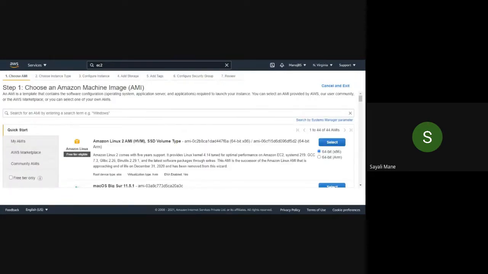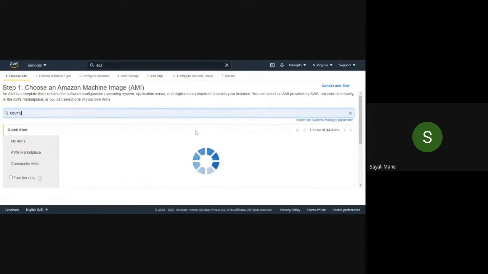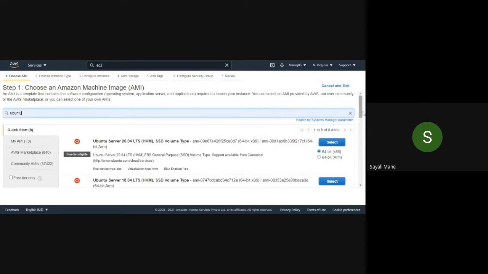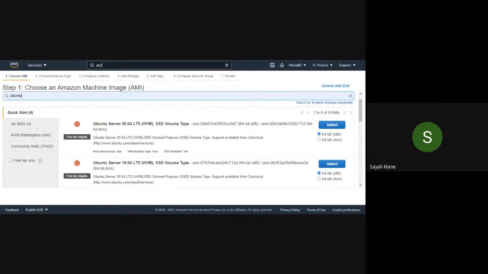Now here in the search box, because we want to install Kubernetes on Ubuntu, we will type Ubuntu and enter. Then here, the 18.04 Ubuntu server, we'll click this one, and before clicking just make sure the free tier eligible label is there or not.